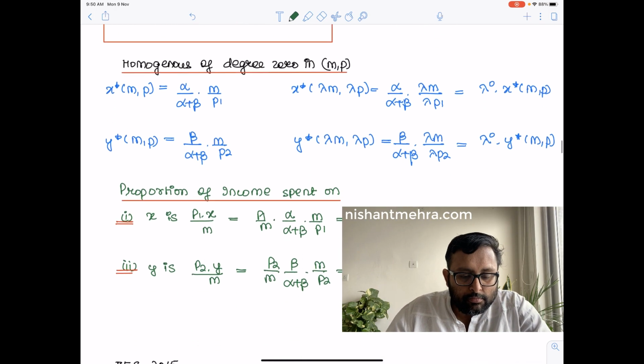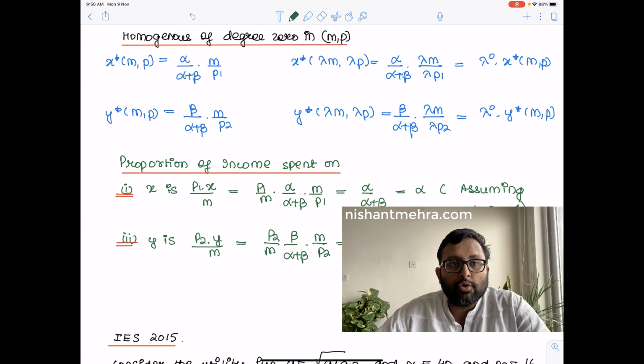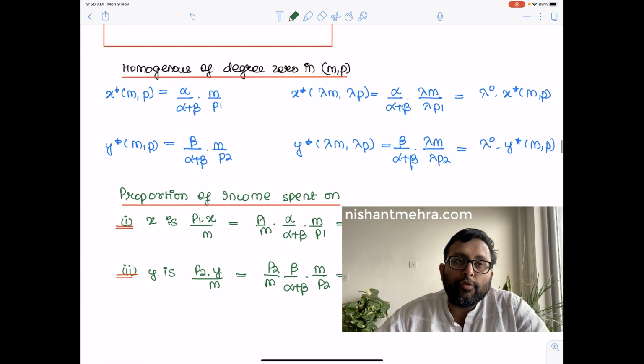So you need to find out whether this is homogeneous of degree 0 or not. Well, it is. How do you find out whether some function is homogeneous? You find out by saying that this demand function which you have just got is a function of income and prices, right? If you increase both income and prices by lambda, and if this lambda is completely factored out, then this becomes